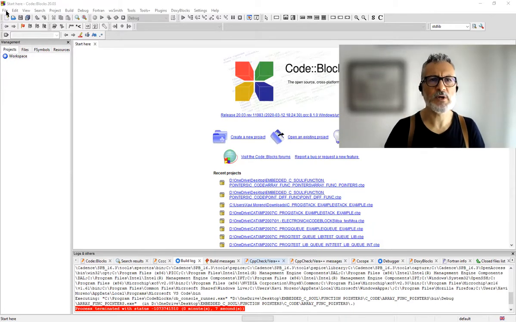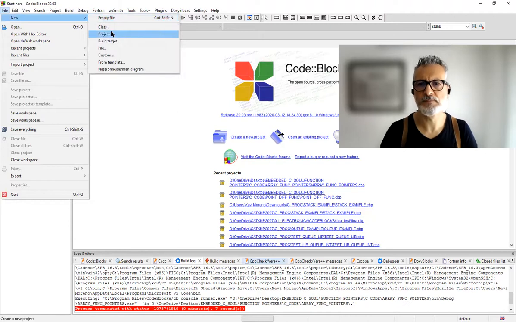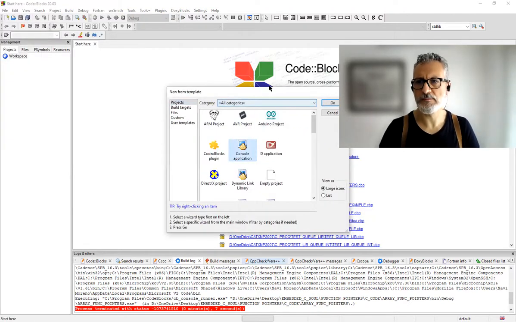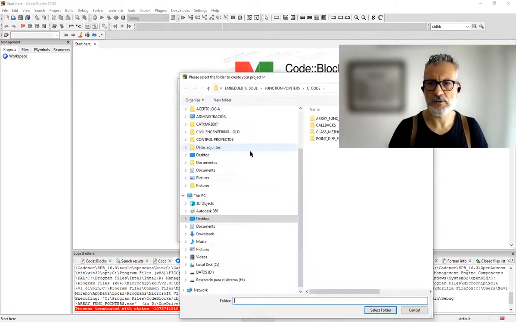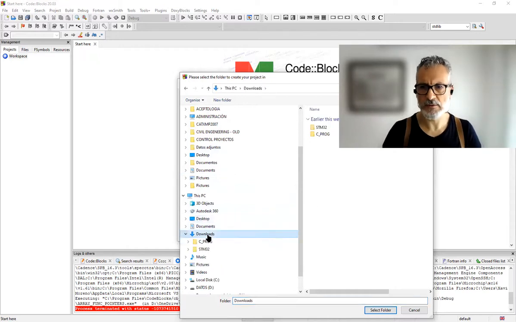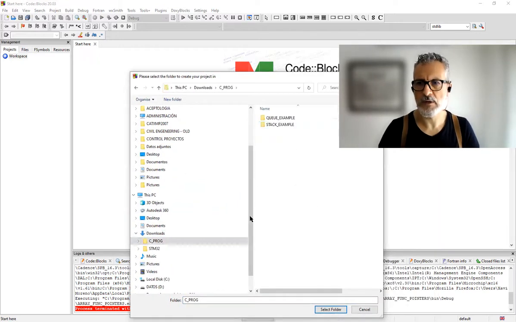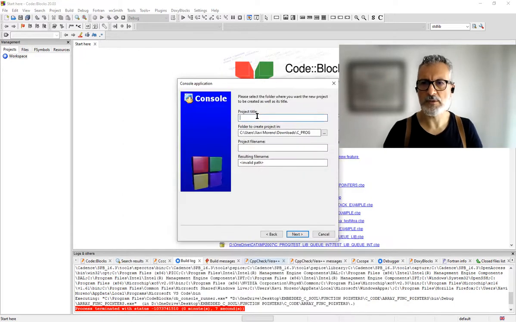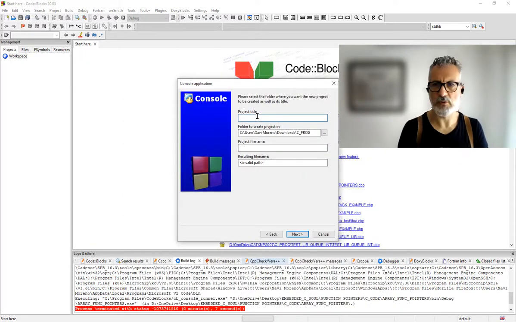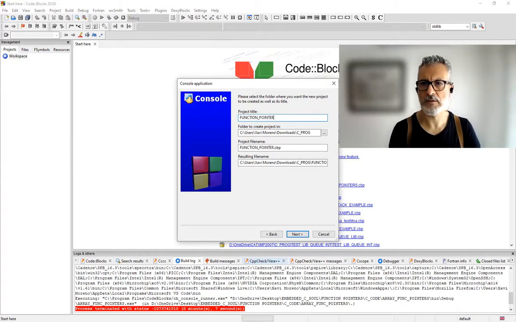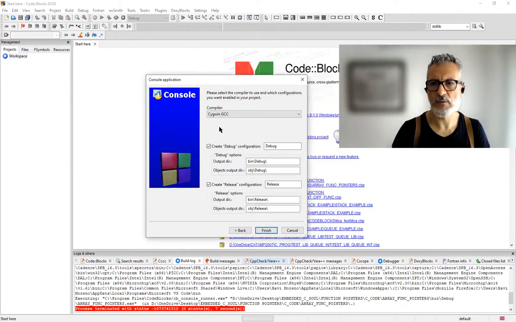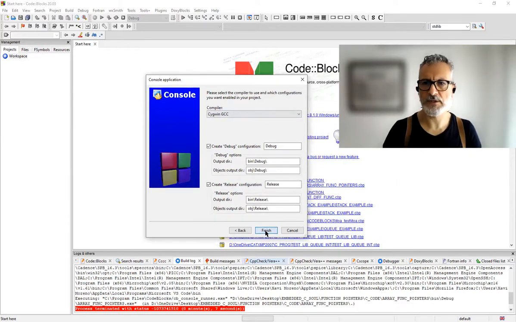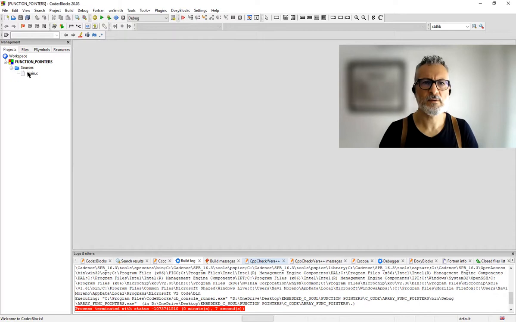Now I'm going to create my project: new project, console application, go. We use C, and I'm going to call it function pointers. Next, I'm going to use my Cygwin compiler. Finish. Now I'm going to